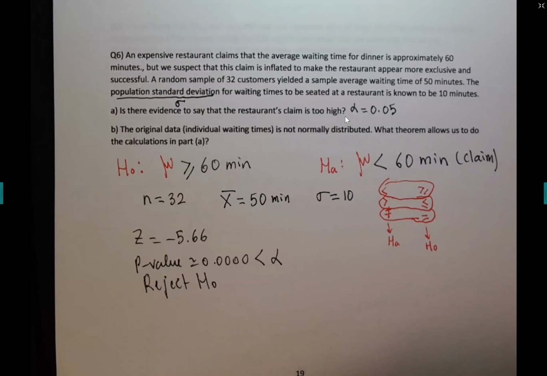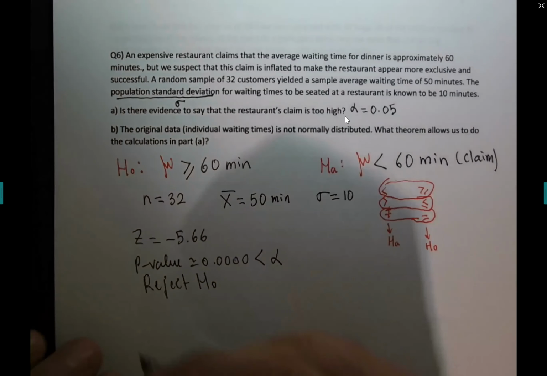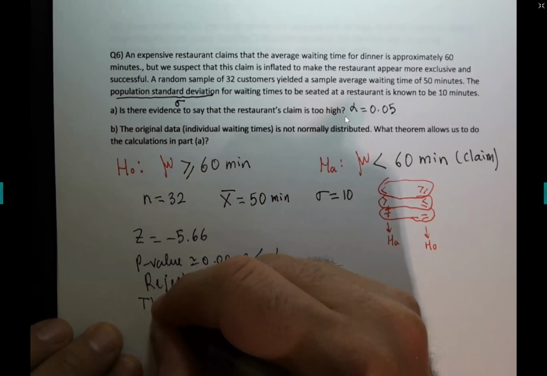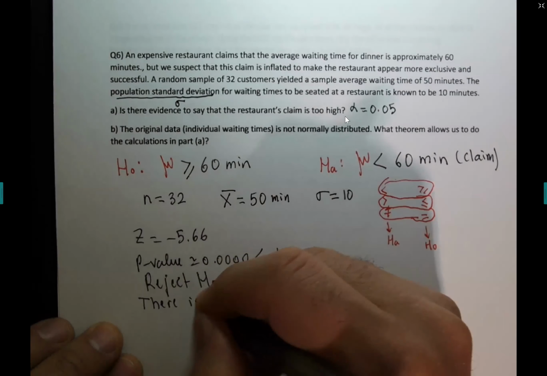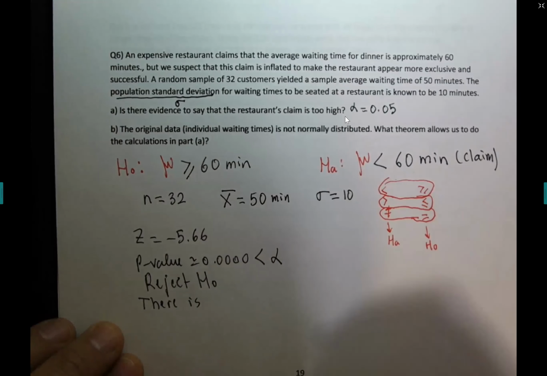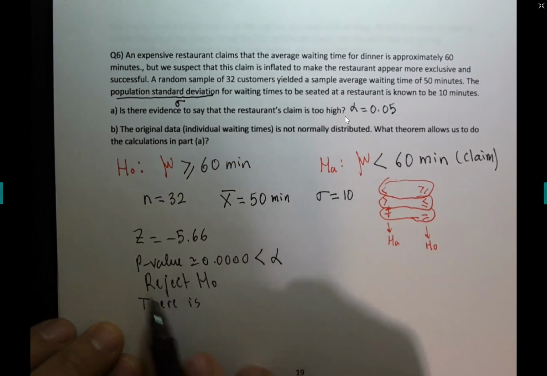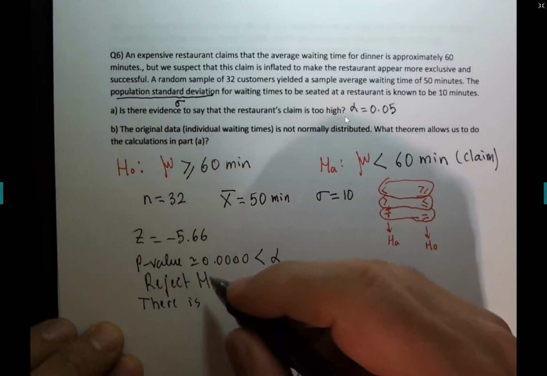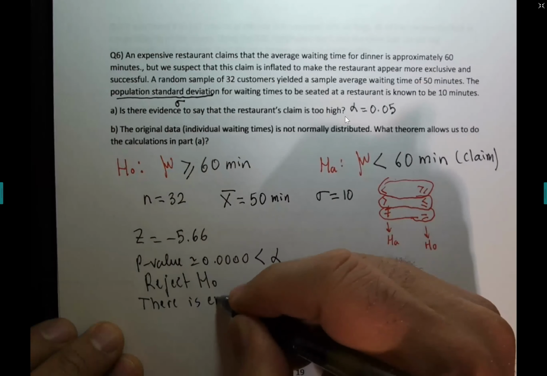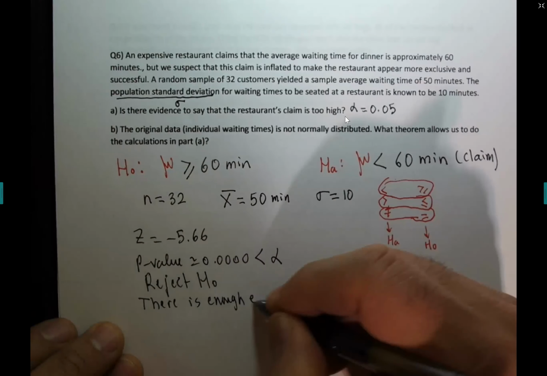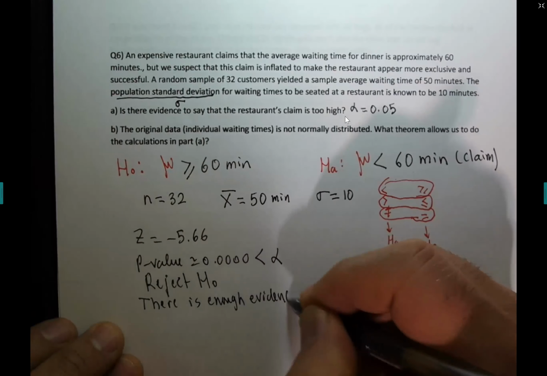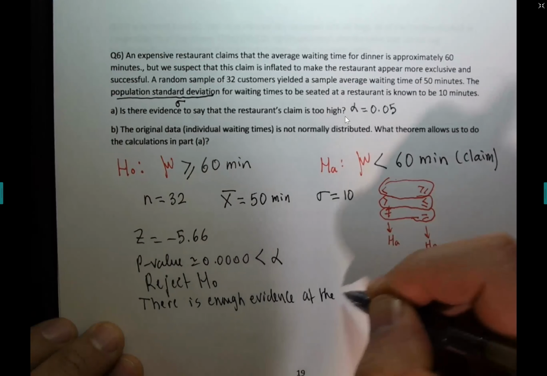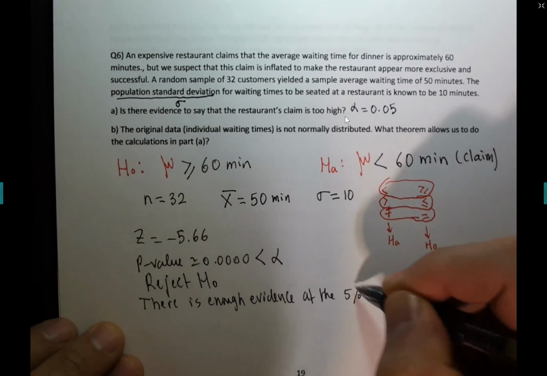And now, how do you write the conclusion? You don't put "there is not" here because you rejected HO. You only put "not" if you fail to reject HO. There is enough evidence at the 5% level of significance